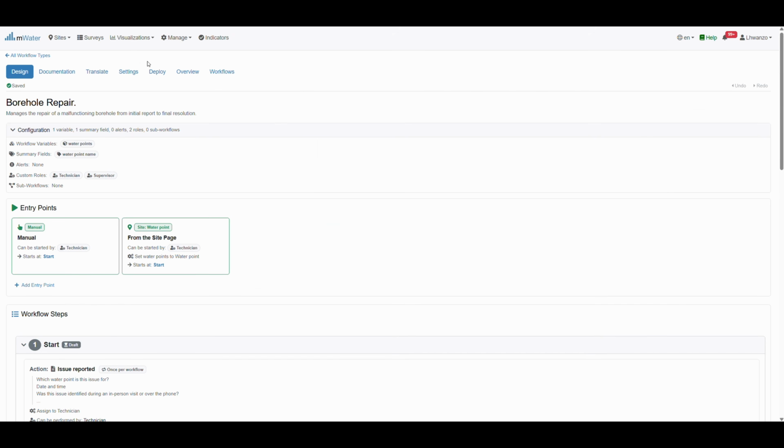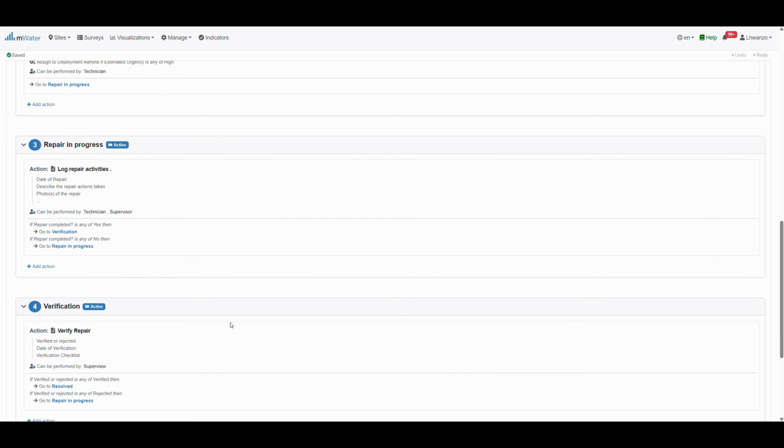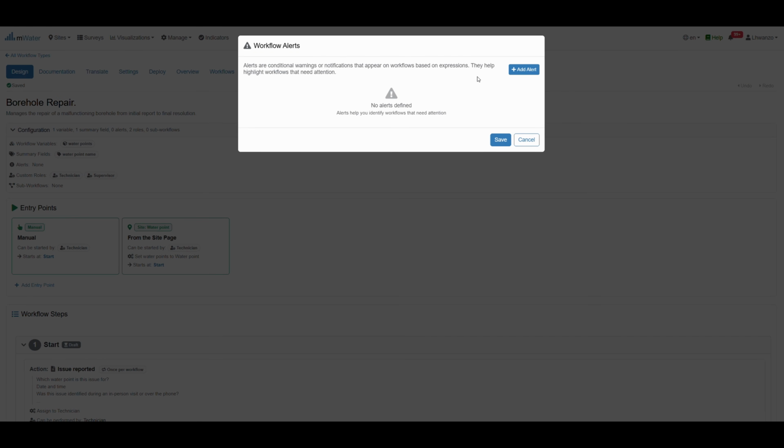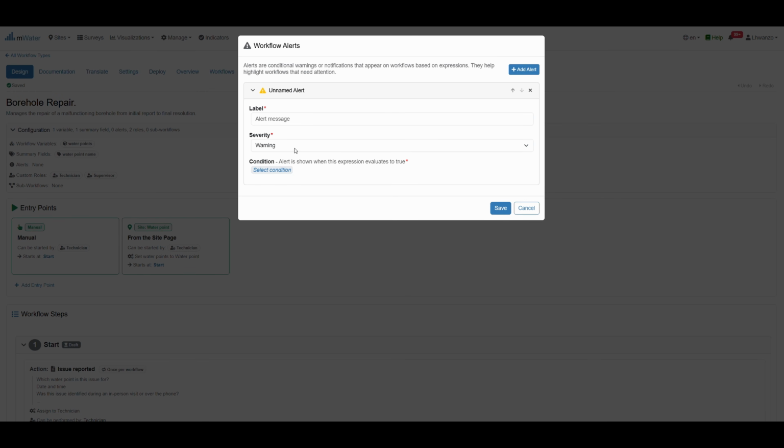We have achieved our workflow, but there are a couple of things that I didn't mention that we'll get back to. Now that I have my full workflow set up and different steps and different questions that I'll be looking at, I can come back and set my alerts. So I'll come back and add an alert. Now these are the different levels that we have. We could have multiple ones, but I want to say if my level of urgency